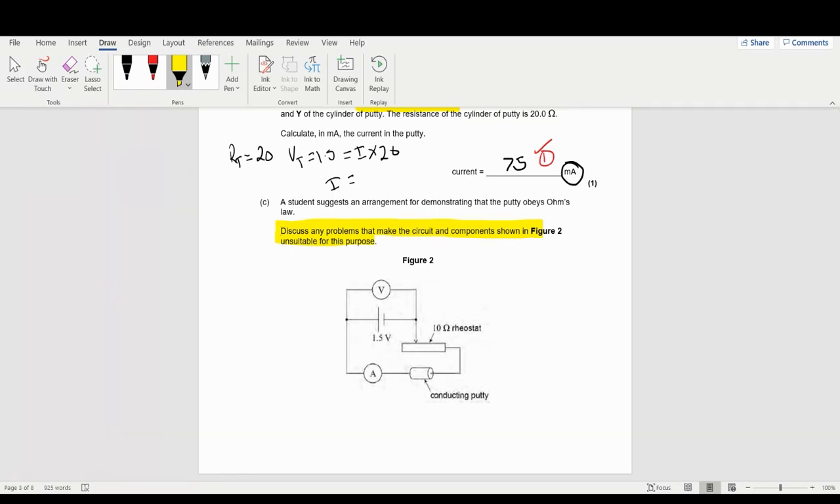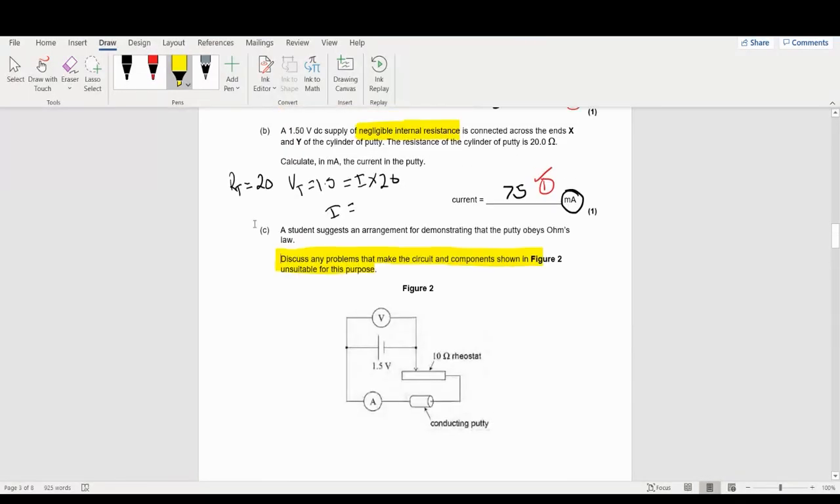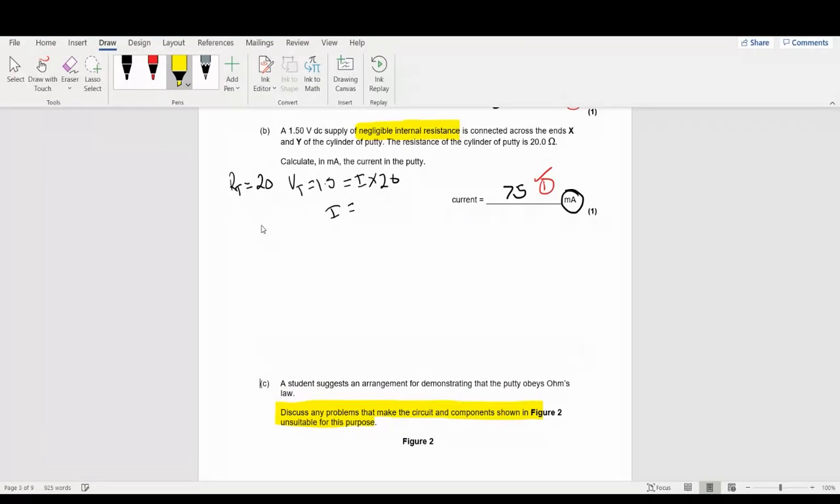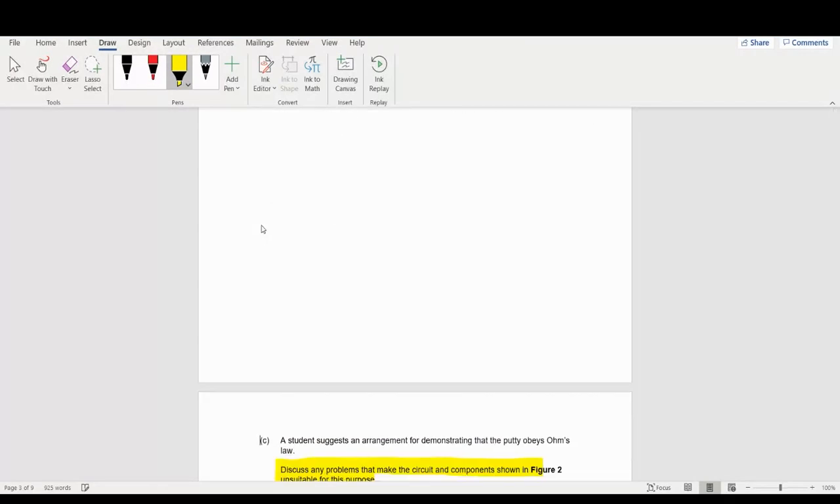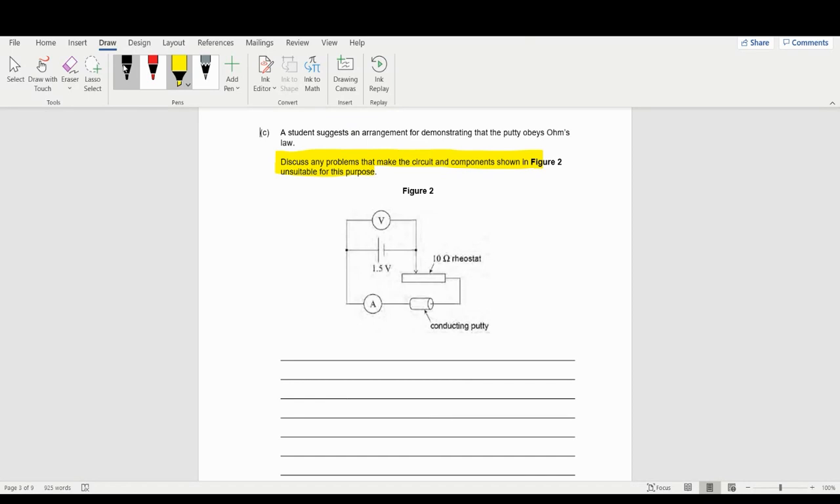So there's a couple of things. Some people did get the right idea that the voltmeter is incorrect, because you want to find that the putty obeys Ohm's law. I'm just going to put this down into a separate sheet so you can actually see the whole question. So a lot of people were correct, and well done for realising that to measure